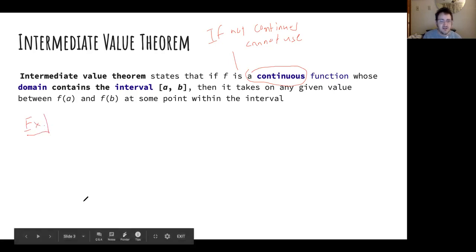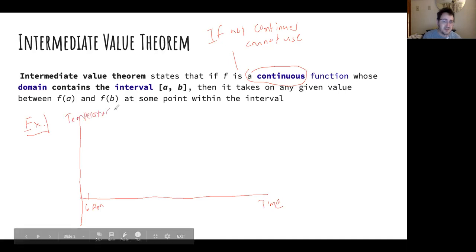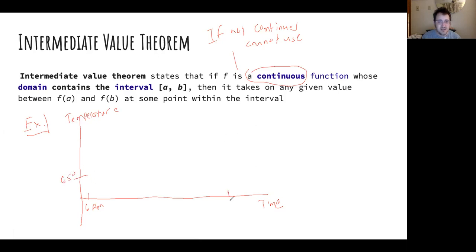I'm going to make a weather example, and I'm being a little bit crude here. I'm putting time and temperature, because I want to make this relevant. Let's say at 6 a.m. it is 65 degrees, and at 5 p.m. it is 85 degrees. And maybe the temperature goes like that. So what that means basically is that by the IVT,